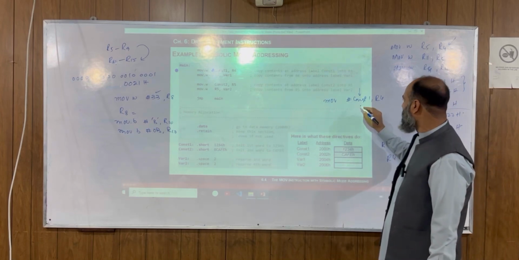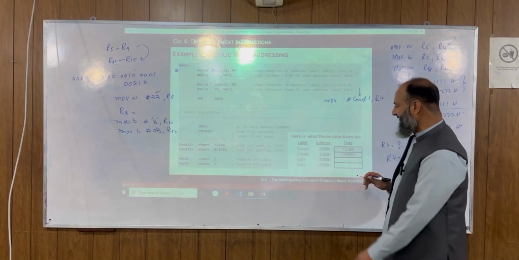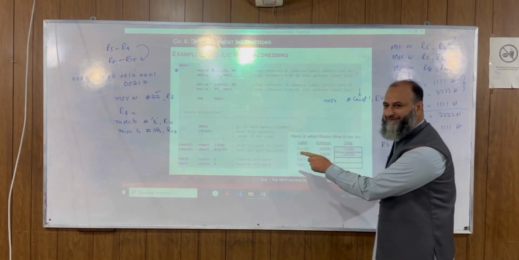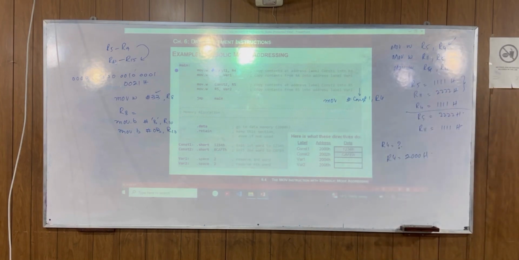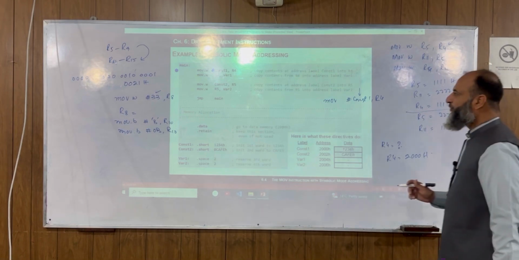Is it right? That constant 1 is a label given to the address 2000 hex. So whenever we use a hash sign, 2000 hex is going to be stored in R4 rather than the contents of constant 1. तो अगर आप हैश नहीं लगाते तो वो आपका symbolic address हो गया and whatever is the content at that address is going to be stored. ठीक है जी. So hopefully you understand.